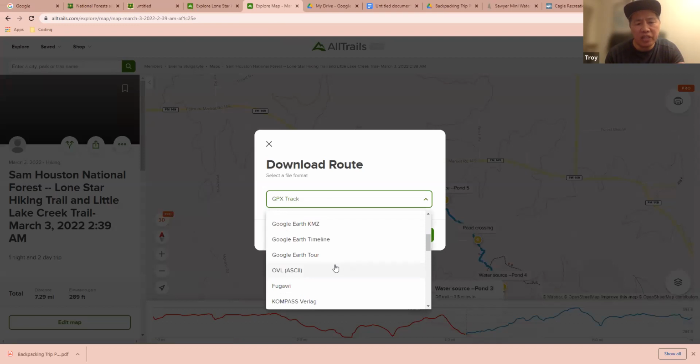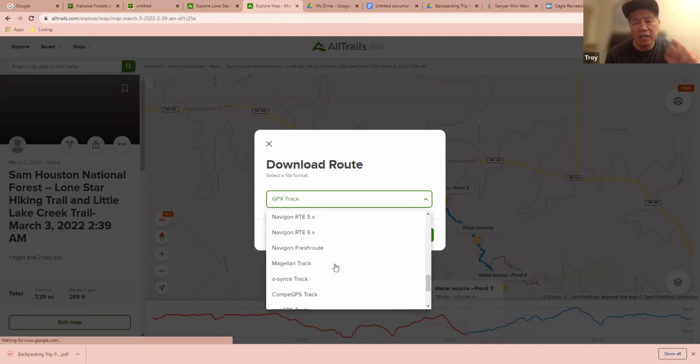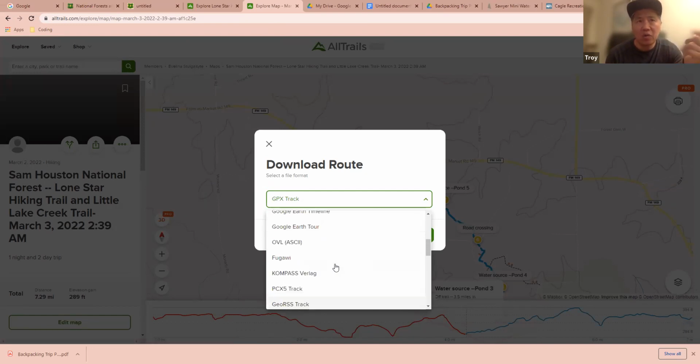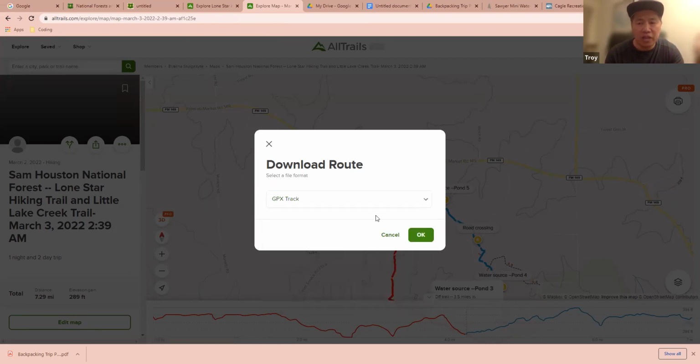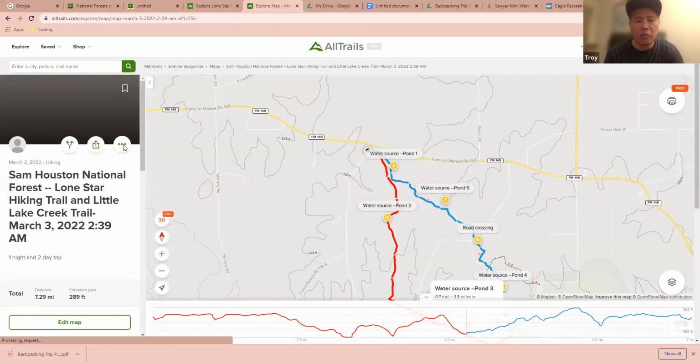So these are GPX tracks, and they have other types of data. And so what this is useful for is you can download this data, and then if you have a GPS or like an inReach, you can upload the data to that device so that your whole route is stored there. Okay. And you can also take this information and upload it into Google or upload it into Gaia GPS. If you're more comfortable using those apps, you can upload that data into them, and then your whole route will be stored.